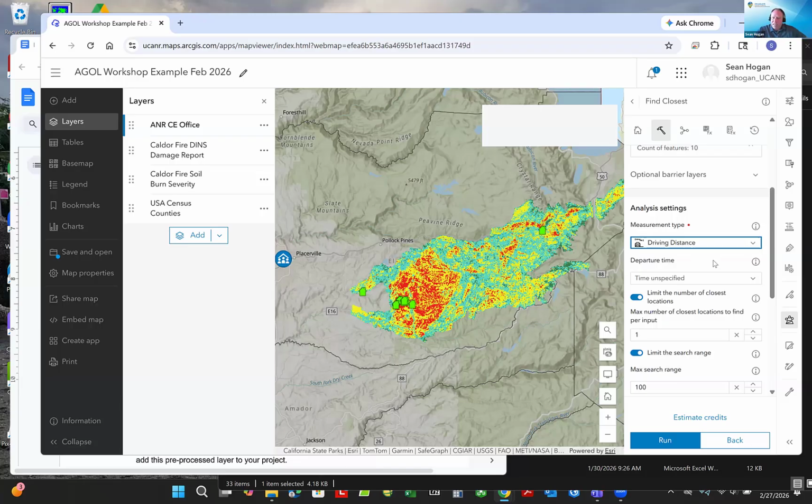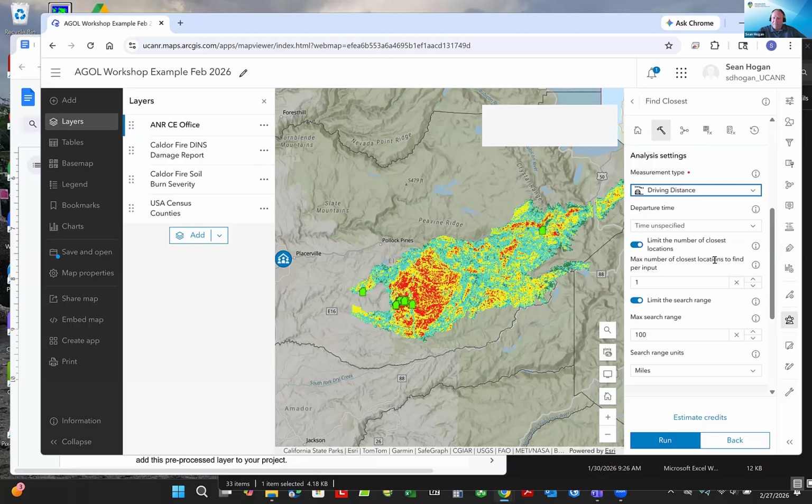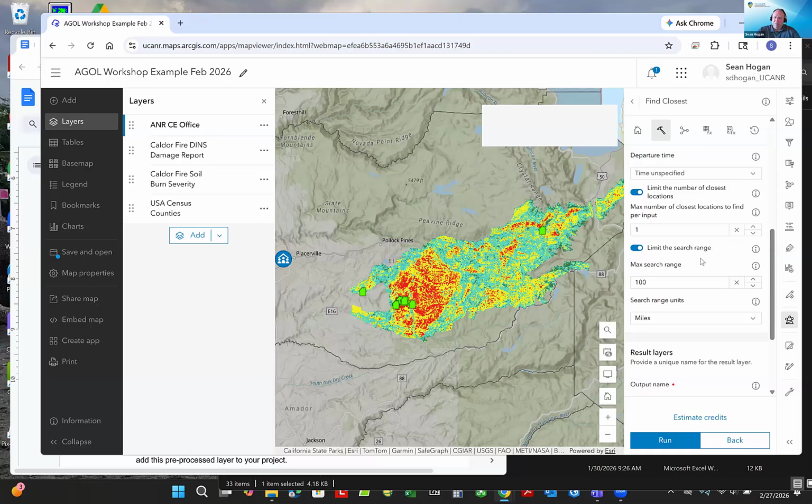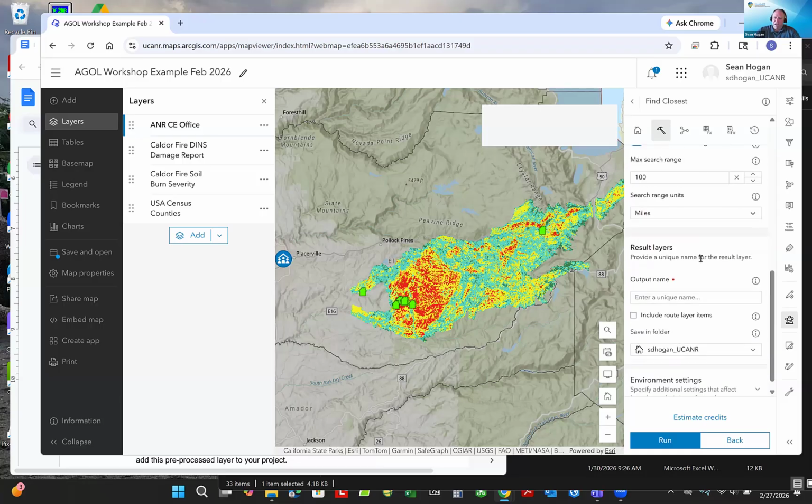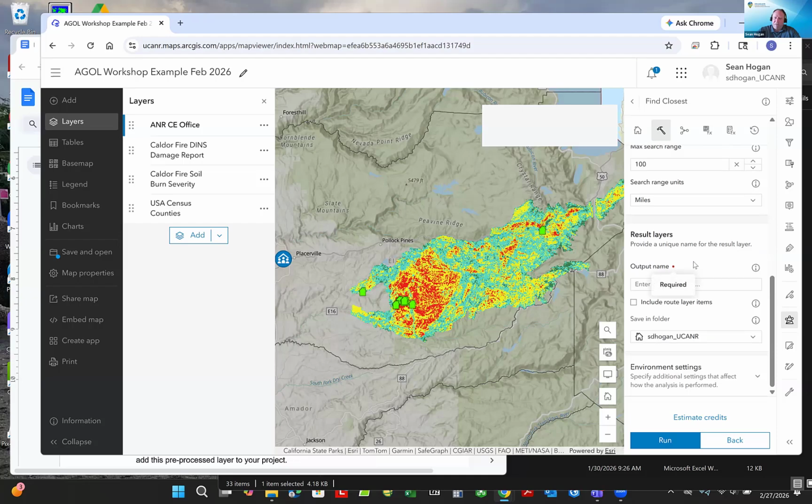In this case, go down, there's like you can set a time specified if it was like departure times. Think of this as like how you would map a route on Google Maps, sort of. Limited search, the default's fine. Anything with a red dot you have to fill in. I might say proximity